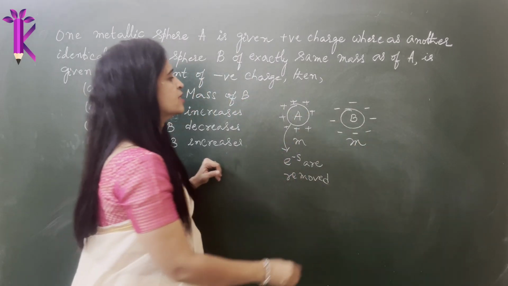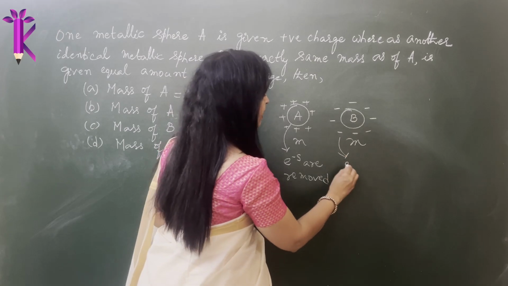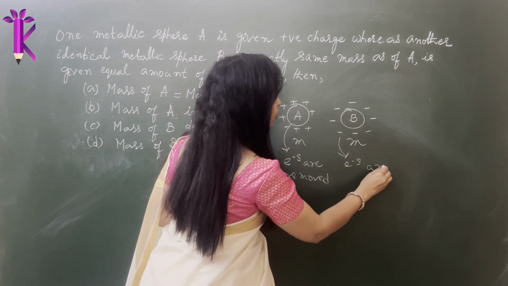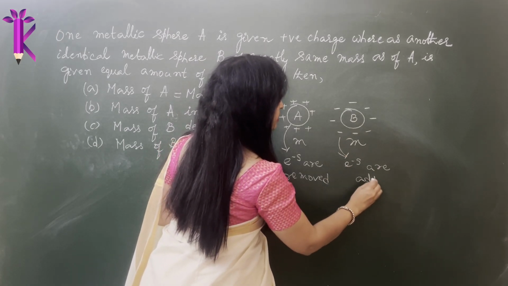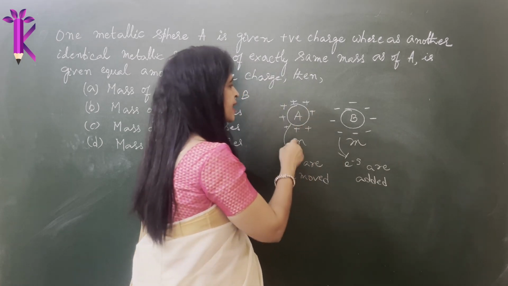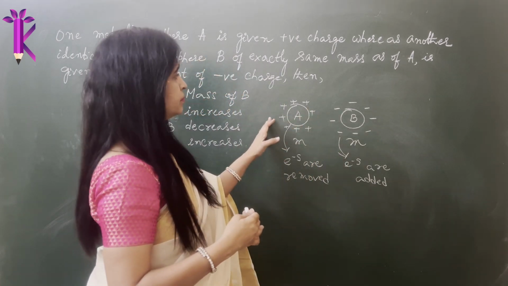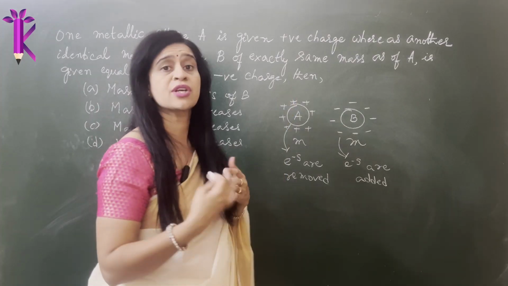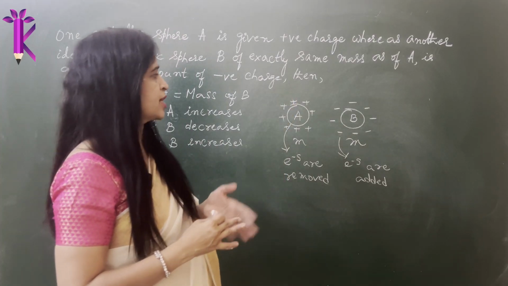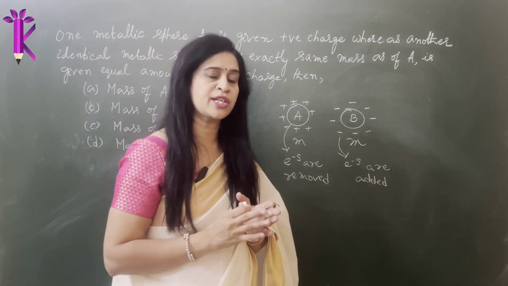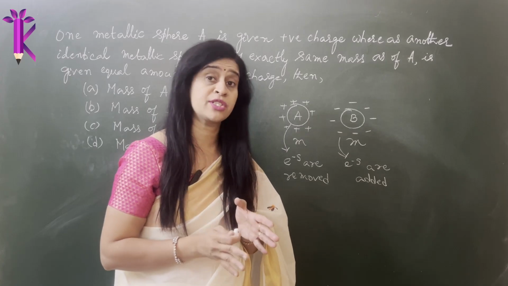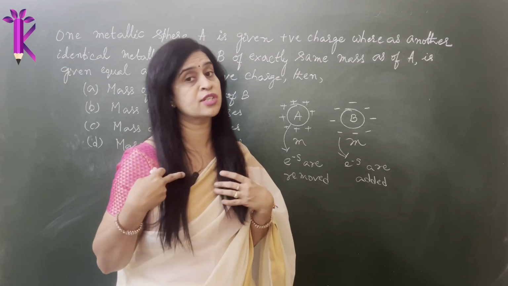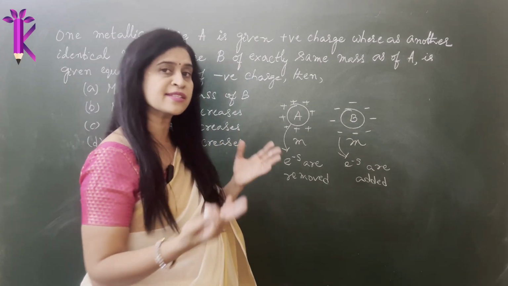So you are adding an equal amount. What are you doing here? Electrons are added. More electrons are added. Okay, so this is something that you need to understand. Once they say it is positively charged or is given a positive charge, you cannot really give a positive charge. If you want that object, or point object, to be positively charged, you literally have to remove the electrons. Removing the electrons gives it an excess of positive charge.